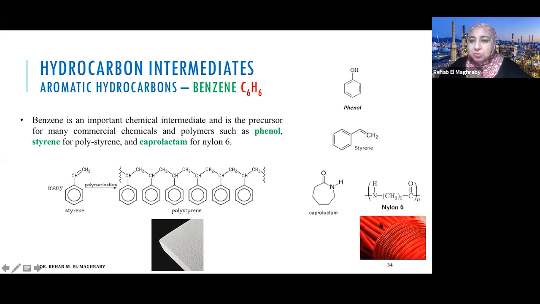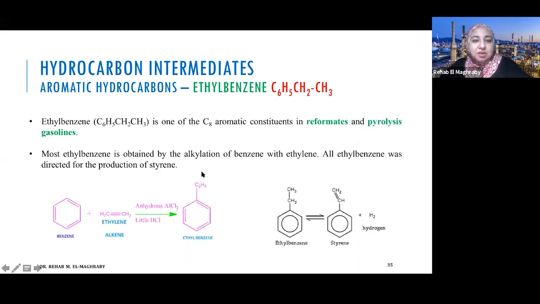Benzene can be used to produce nylon 6. Okay, nylon 6 is based on butadiene, which can be produced from natural gas. However, nylon 6 is based on benzene. So this is the process that I talk about. Benzene reacts with ethylene to give us ethyl benzene. Ethyl benzene is dehydrogenated to styrene. Styrene is generally polymerized to polystyrene, or reacted with butadiene to get styrene butadiene rubber.